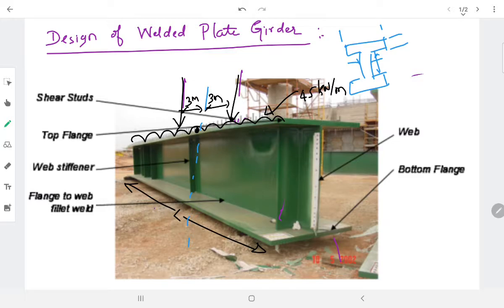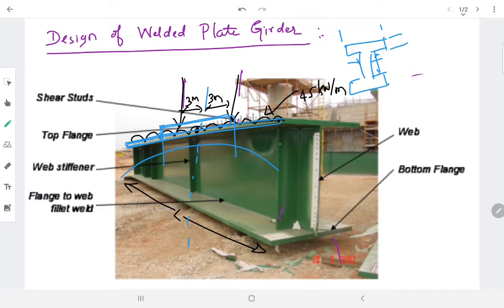Curtailment in the sense, here you can see the thickness is the same for this plate girder throughout. Here no curtailment is done. If I wanted the curtailment, it will be something like this. So thickness is highest in the middle part and afterwards it will just go on reducing. That means here the bending moment will go on reducing. For this span it will be like this. So wherever bending moment is highest, we need to maintain the highest thickness in the flange. Then afterwards at some part of this girder, it will reduce, and this can be taken as some other value. This is called curtailment in the flange. That has to be done.